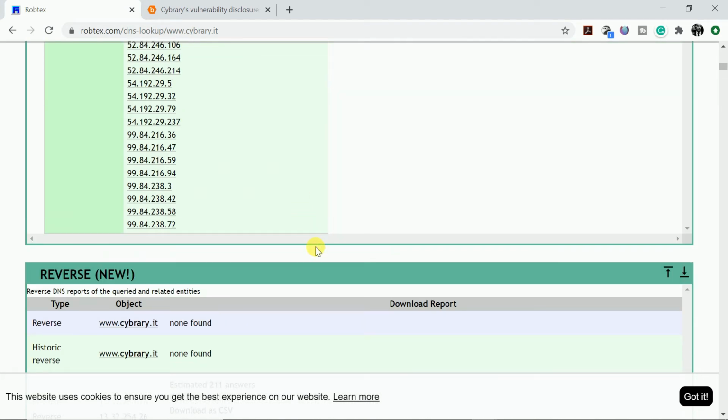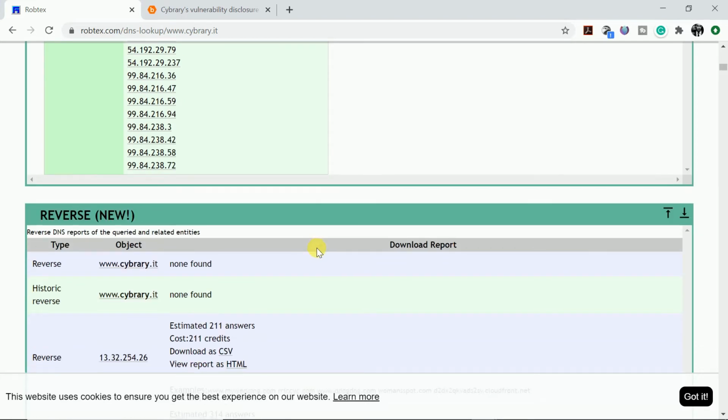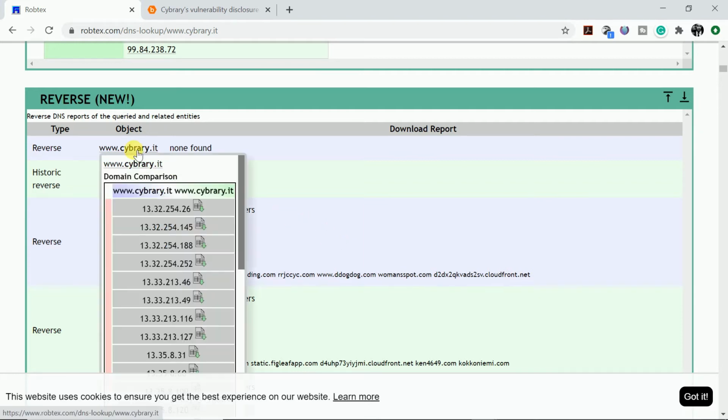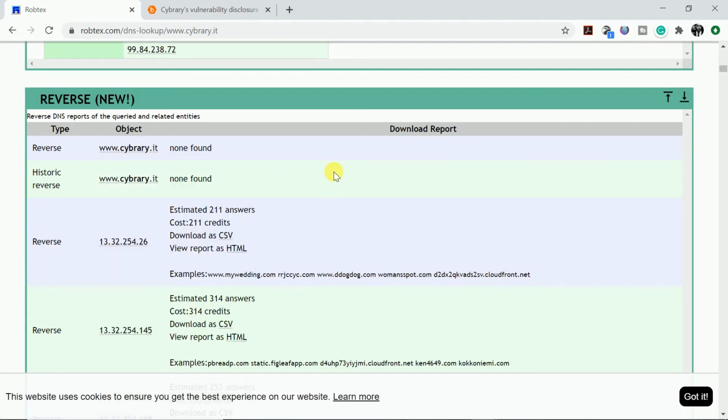I hope you remember our session in Netcraft, where I talked about the reverse IP addresses and why there is a need for them. I will try to remind you again. On any web server, a number of websites are hosted, and suppose I'm trying to hack into this Cybrary.it, but it's very tough to get into that particular website. We are not able to find any vulnerabilities.